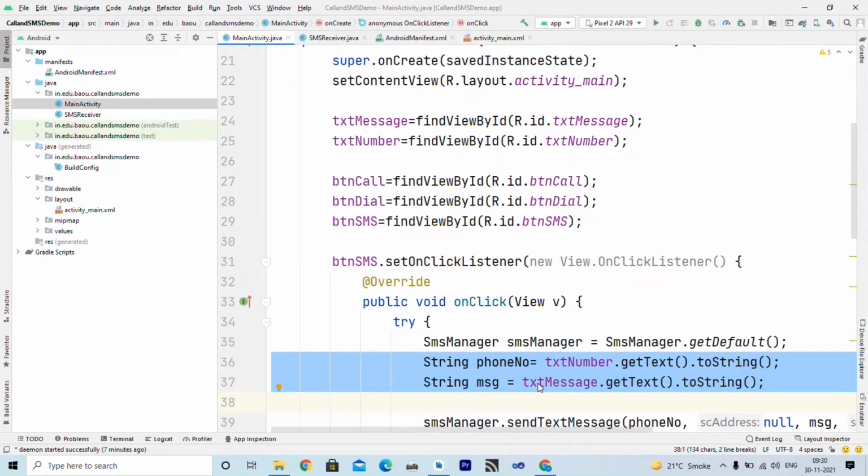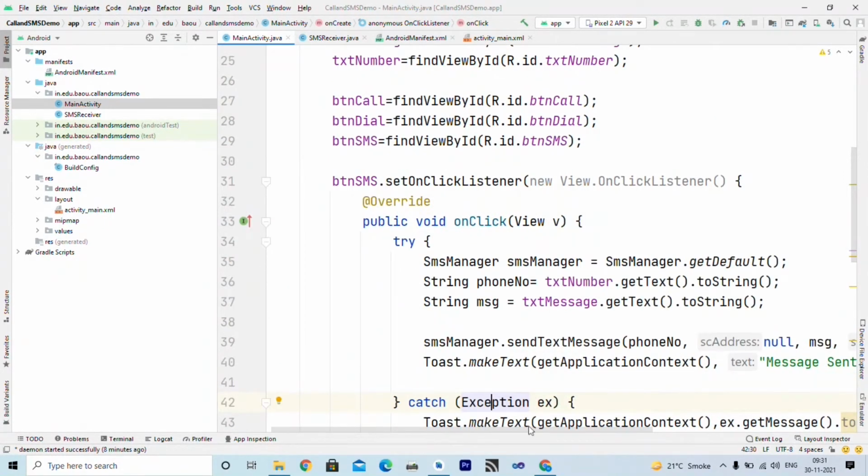So we write down txt number dot getText dot toString to actually get the phone number from the user, and this line txtMessage dot getText dot toString will store the message entered by the user inside this variable msg, right?